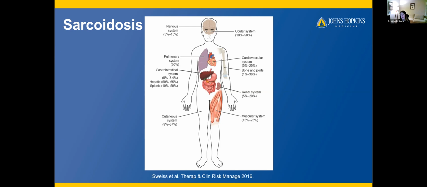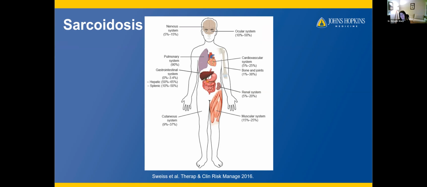Under that is hepatic, which is the liver. You'll see that quite a high percentage of individuals with sarcoidosis have it in their liver. We usually do blood tests to screen for this, or you can have abdominal pain, because if the liver gets a lot of inflammation, it can stretch or get bigger, and that can cause a stretch of the wrapping around the liver and can be painful. The same goes for the spleen, which is on the other side of the abdomen. Those two traditionally go together.